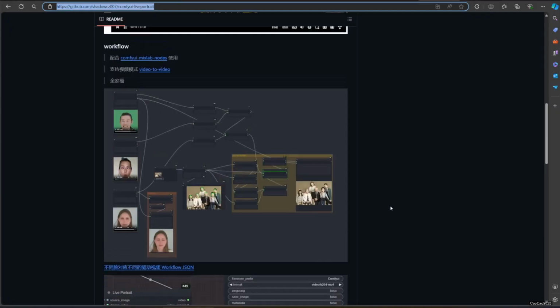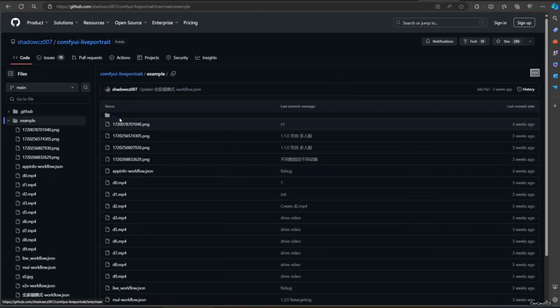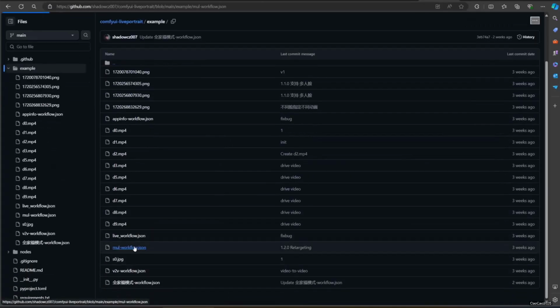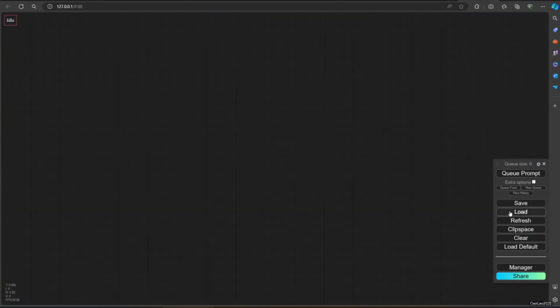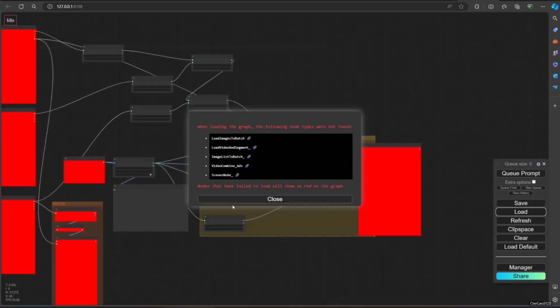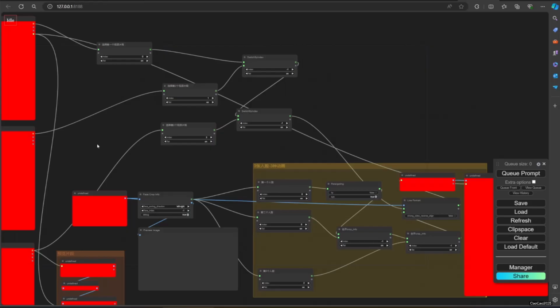Now, when everything is installed, download the workflow. Also, you need Mixlab nodes from Shadow CZ007.